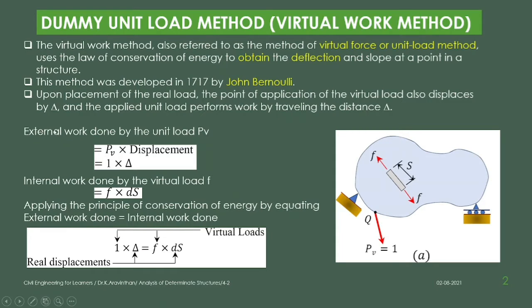What is the external work done? Work is force into distance, and you can quantify the work by using this formula. What is the force we have given? We have given a unit load, that is 1 kilonewton, and the displacement is taken as delta, and this is the external work done. Due to the stress F, the object strains, and so ds is the change in length here